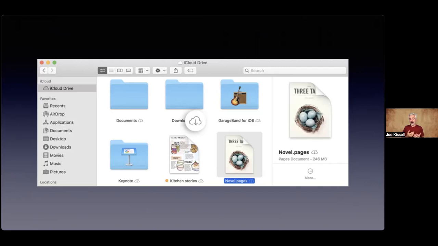So if I think, okay, that's great, I'm glad it's in iCloud, but now I want to actually open this and use this. Well, it's fine. You can click that little icon to download it, or you can just double click it and it'll say, wait a minute, I'm going to download this, and as soon as I'm finished downloading it, then I'll open it up for you.